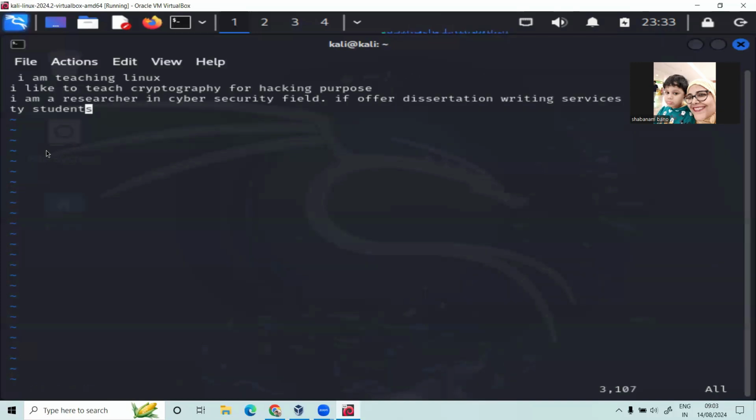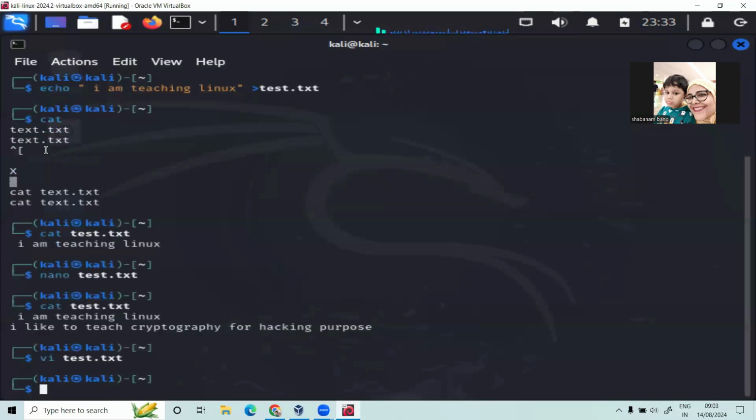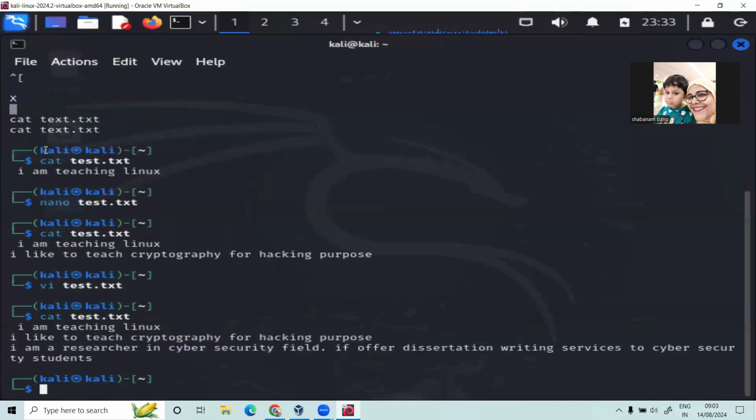I will press escape, and it has changed from insert mode to normal mode. Now I can type colon wq and hit enter. So it has been saved and I'm out of vi, returning to my current shell. Again, if I use cat test.txt, you can see additional information has been added in this file.